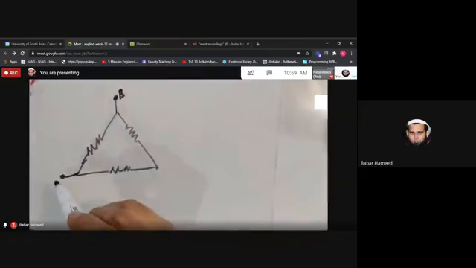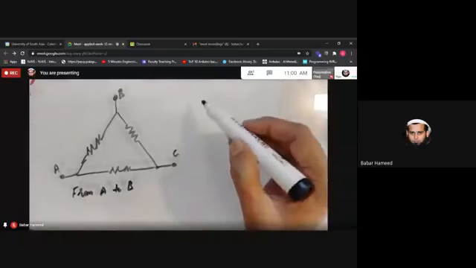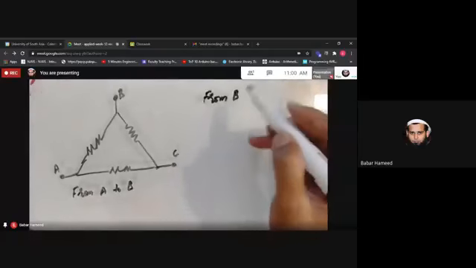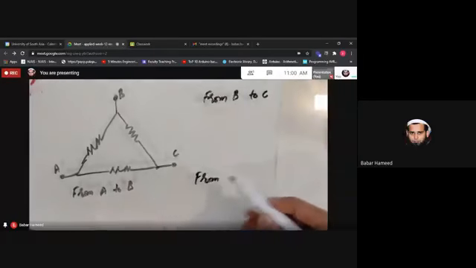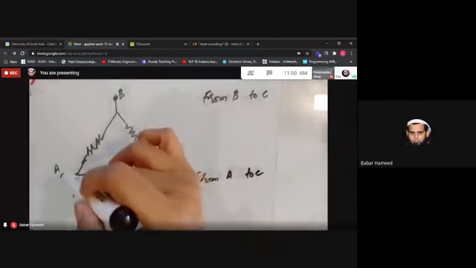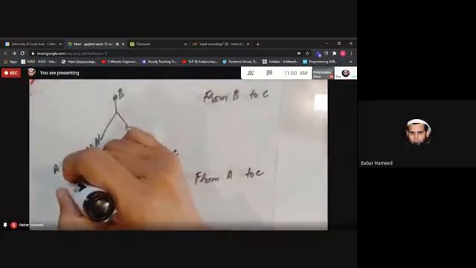You have to describe total resistance between each pair of terminals. Means we have to find resistance from A to B, from B to C, and from A to C. If I look at A to B, that means the source is connected somewhere here,